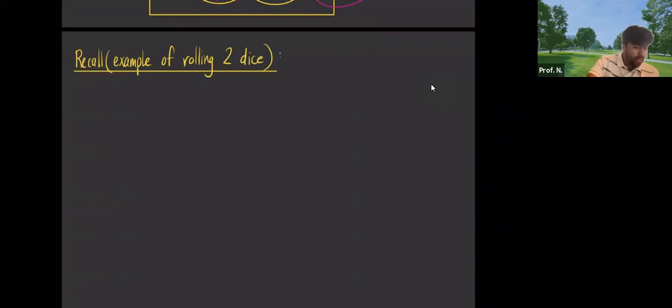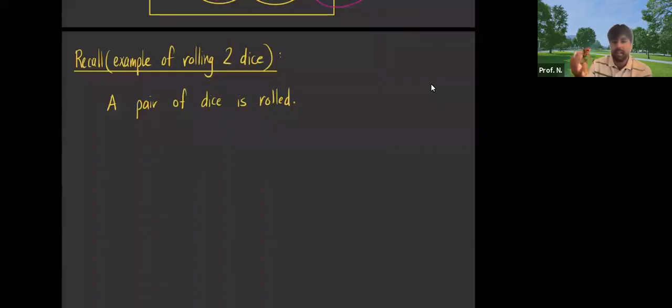And I have a question for that scenario. A pair of dice is rolled. So we have two dice and we roll them. It's a fair six-sided die, so every side occurs with equal chance. So what is the probability